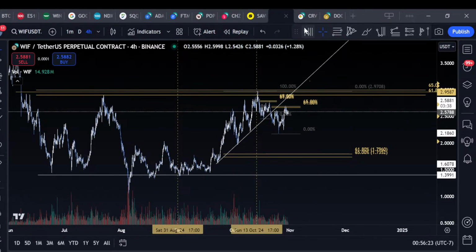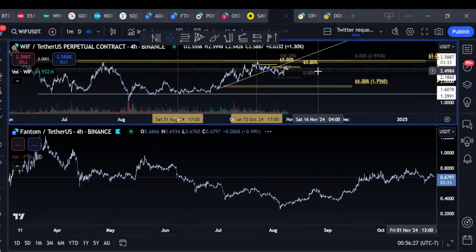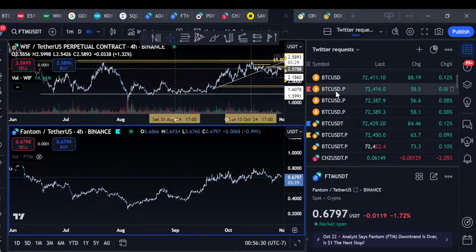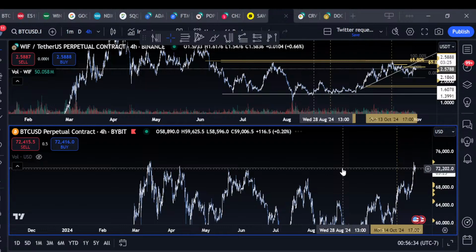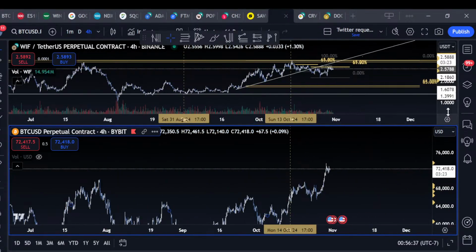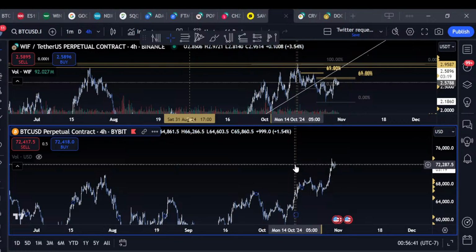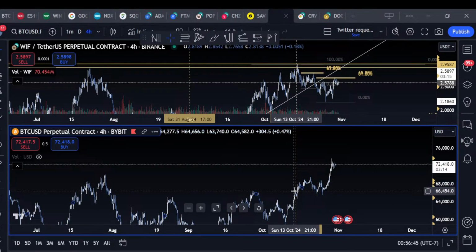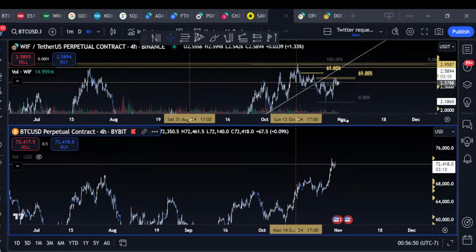Since this high was put in, let's go here. I'm going to just share a couple of thoughts because it can be confusing to people, but I'm willing to have some shorts. If I'm completely wrong about getting long on Bitcoin, well, hey, maybe my WIF shorts keep printing. So this is the same time frame, WIF at the high and Bitcoin here, right? Bitcoin's been rallying up, almost straight up, WIF in a downtrend.